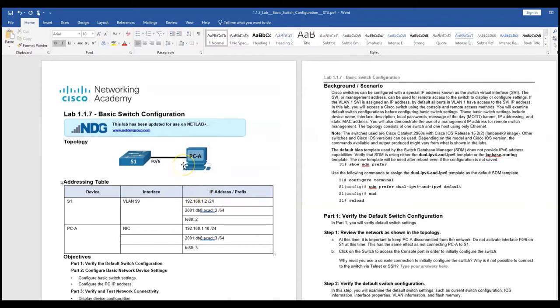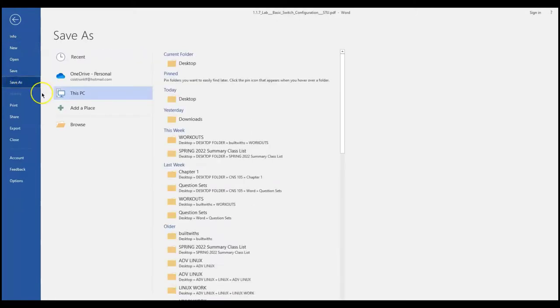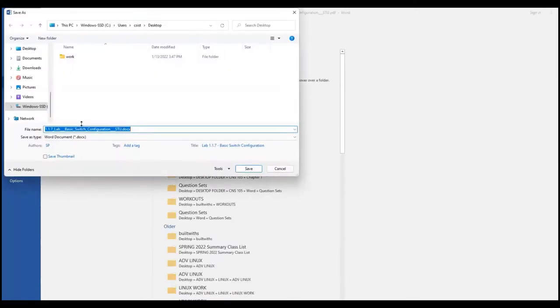Okay, and I'm going to demonstrate a lab and I'm going to send that video out for bonus points. And we're going to do it in our actual class. So, we're going to do some labs in the class. So anyway, now you're going to save the lab, of course. Once you complete it, you're going to save it, put it on your desktop,